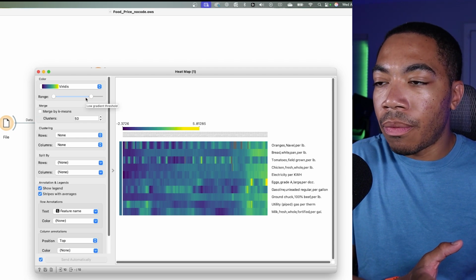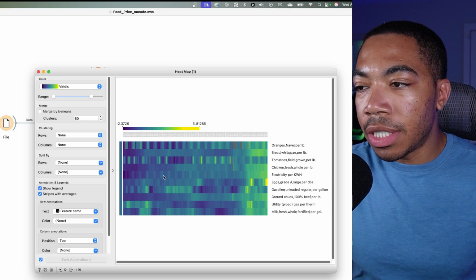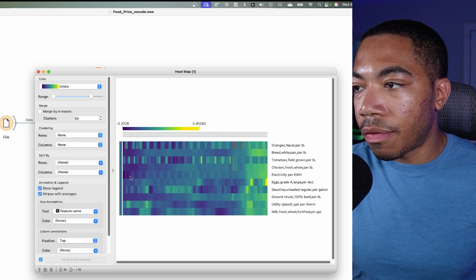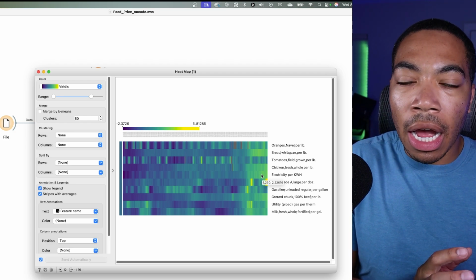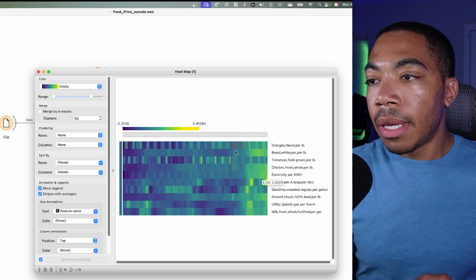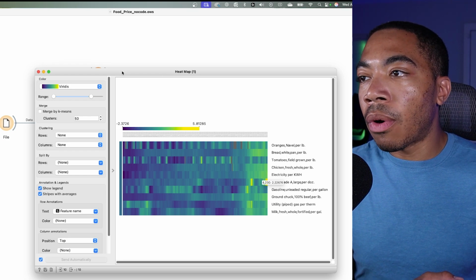That is how the normalization works. And we can see that there are indeed changes in the cost of electricity over time. It has steadily increased from a relatively low number to a higher number, and that's way more obvious now because we've adjusted the scaling of our data. And we can see that there are other patterns within this data that are way more obvious now because of